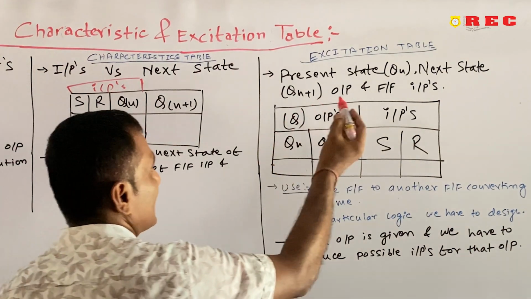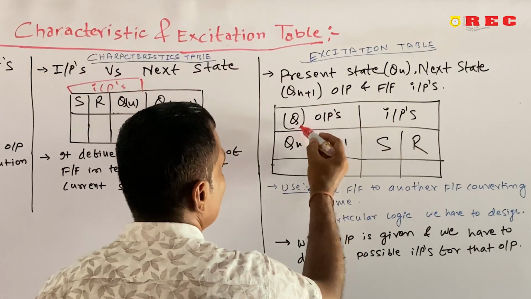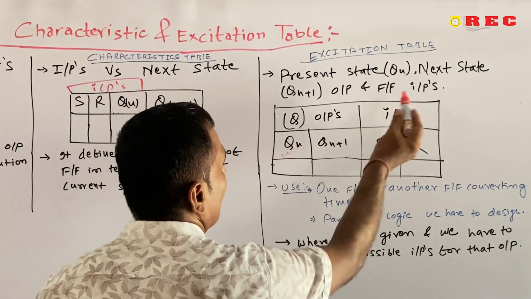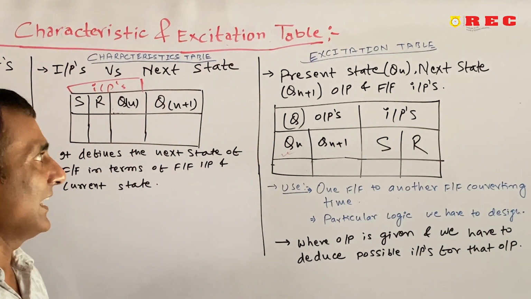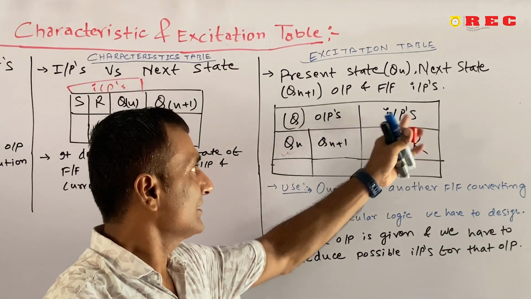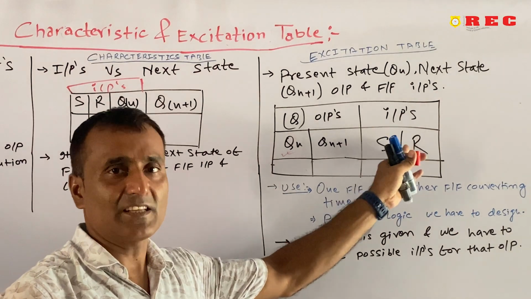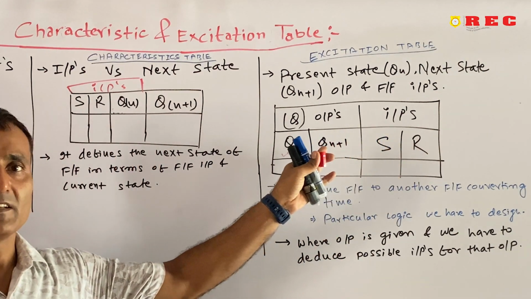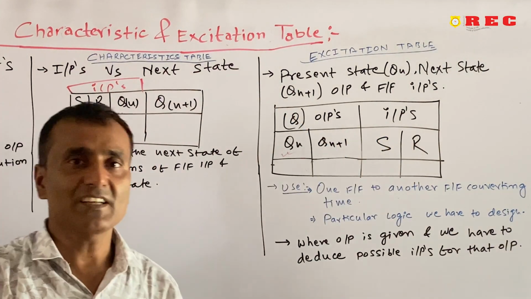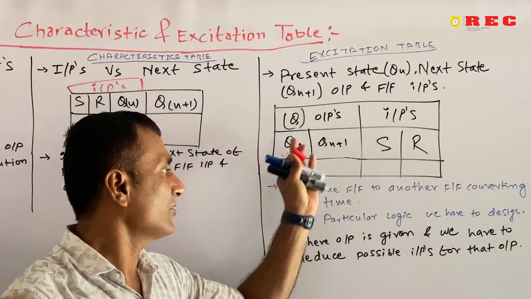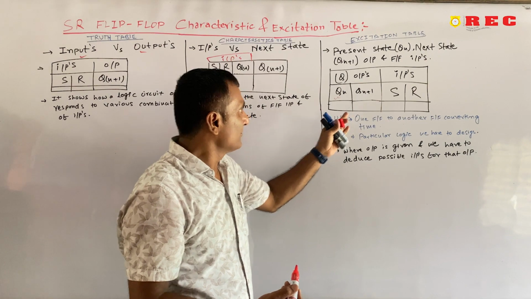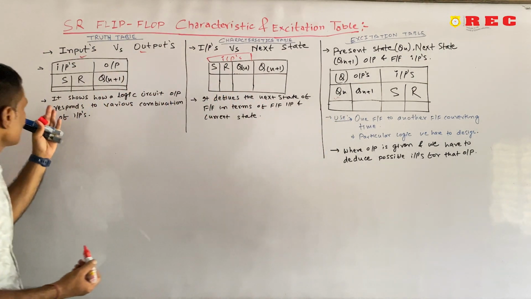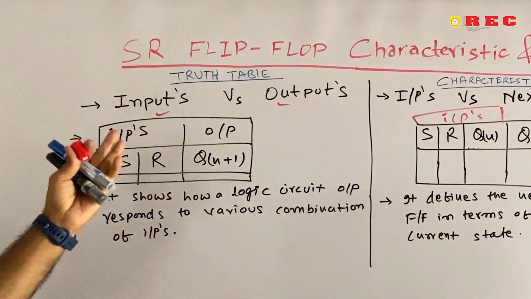And in excitation table, what is there? Present state, this is the present state, and the next state, this Qn plus 1 is the next state, and the inputs S and R. If you make the excitation table of SR, then this is the input and this is the output. In this chapter, we will focus on the characteristics,